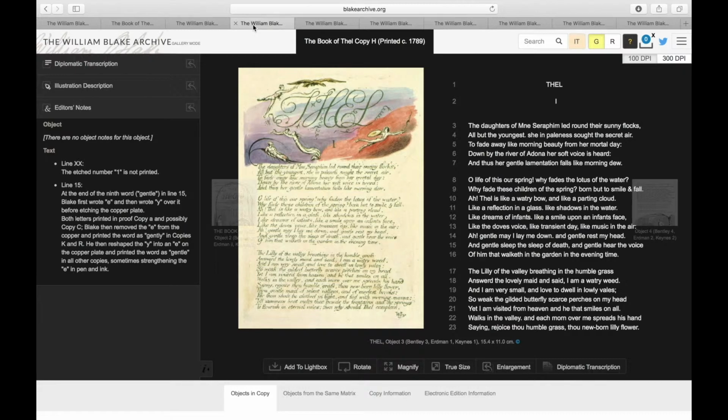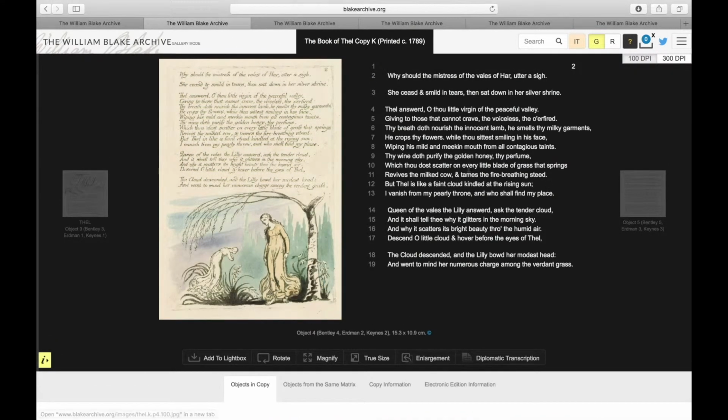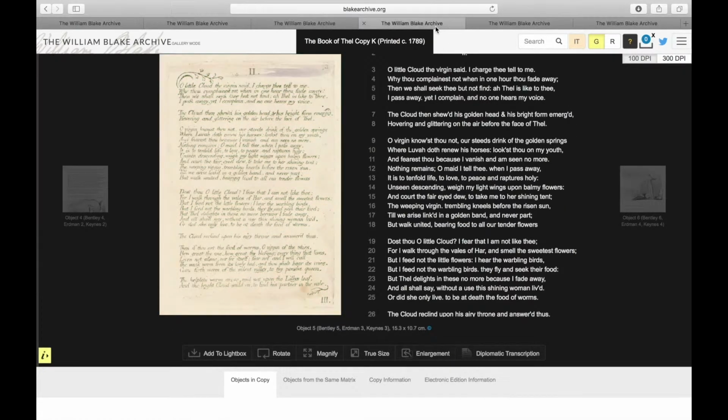This is important because unlike printed editions of Blake, the texts in the archive are specific to individual objects. Let's compare copy H and copy K. Between these two copies, we see variations in spelling and punctuation. Here, in line 12 of copy H, there is a colon, and in copy K, a semicolon. In object 5, in line 7, we read "emerged" as ending in "gd" in copy H, and in copy K as ending in